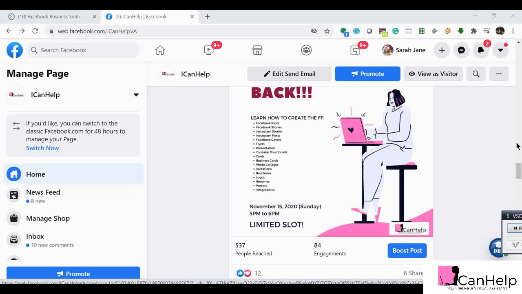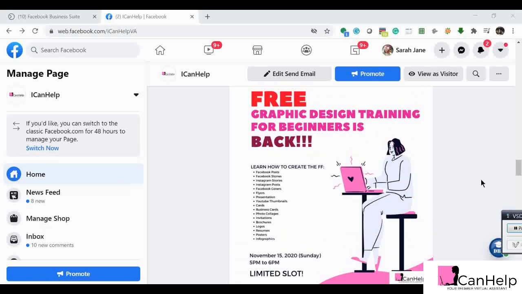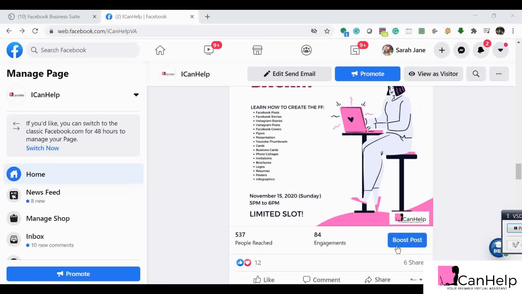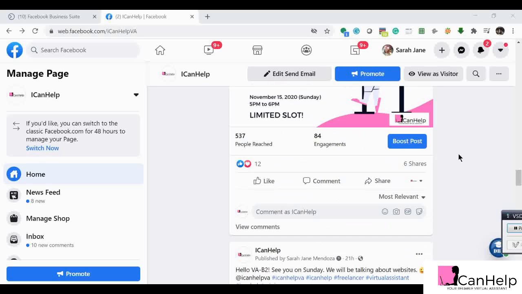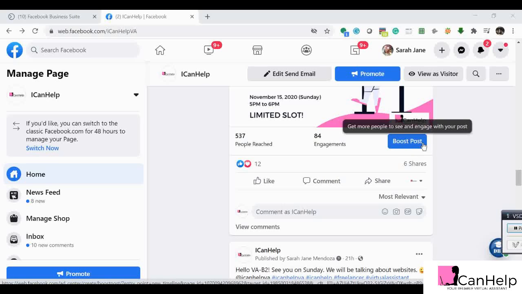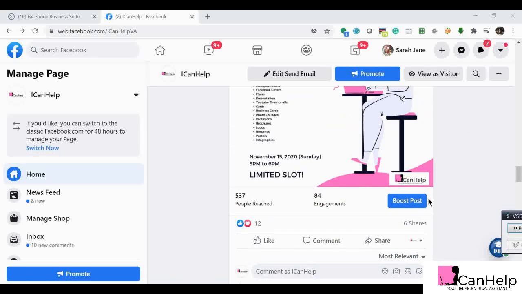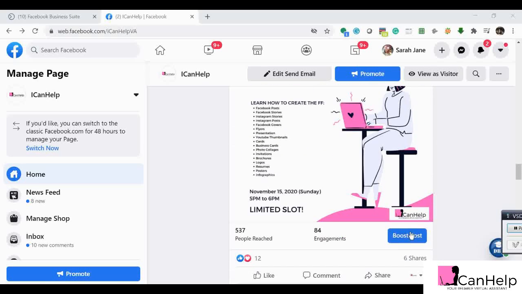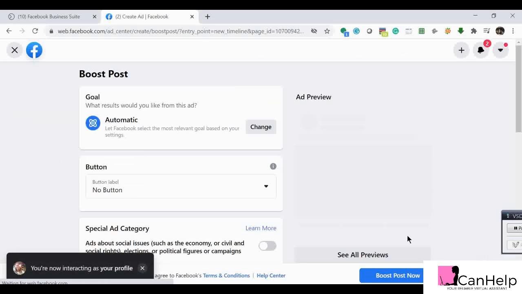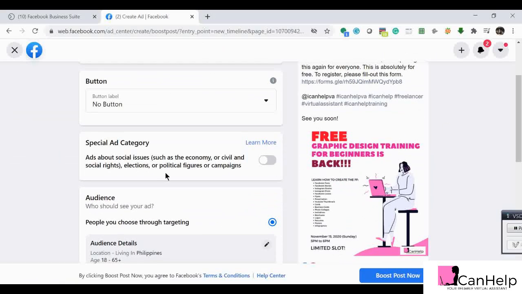Now what we have to do: most of the time you will see this boost post option under your post. If you have created your page, of course, this is usually seen below your post. For example, for this one, I already have the boost post option right here. So what I will do is simply click on boost post and I will be redirected here, and this is where I have to redefine